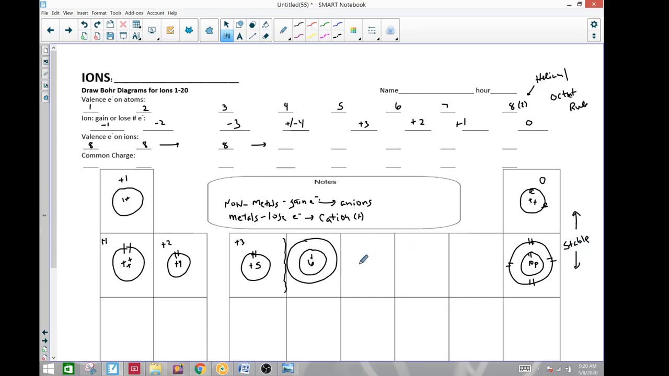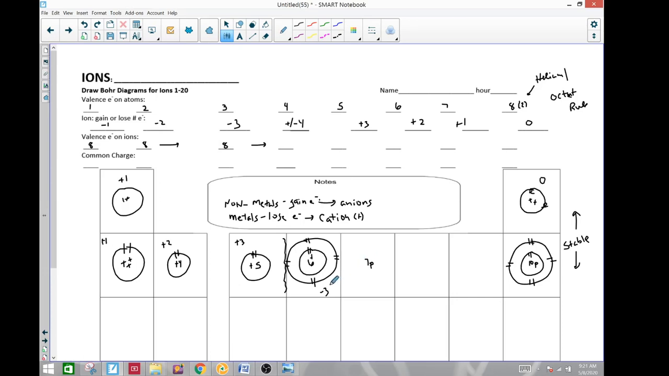So, that being said, we got 6 protons. 1, 2, 3, 4, 5, 6, 7, 8, 9, 10. It's going to gain 3 electrons, giving it a negative 3 charge. This guy's going to have 7 protons, and it's going to have to gain 3 electrons to get to its,